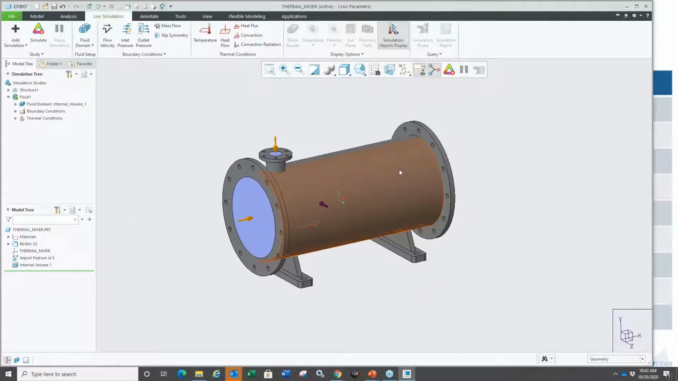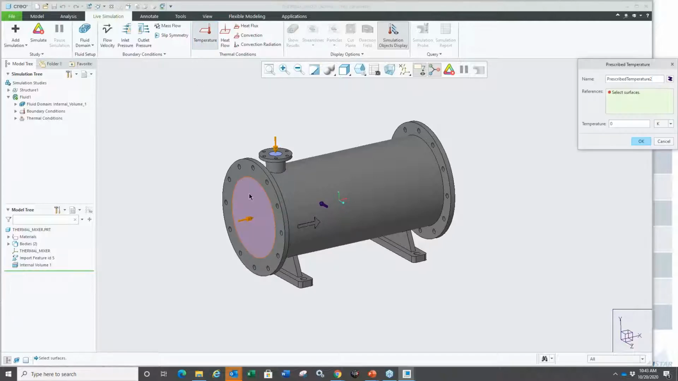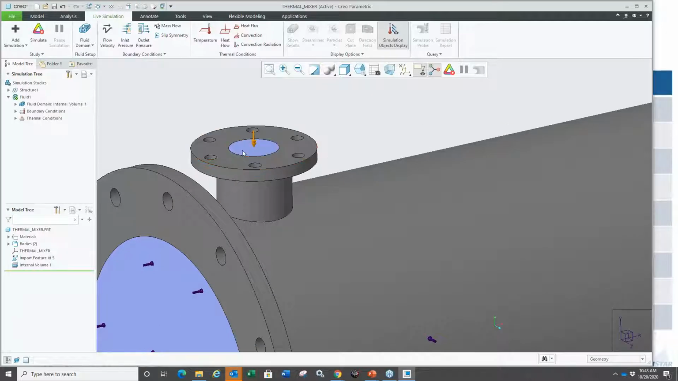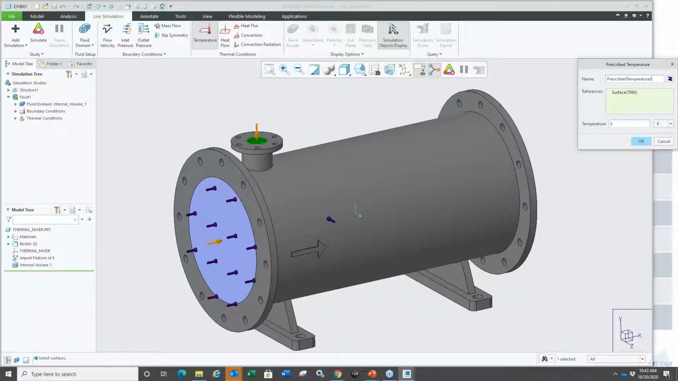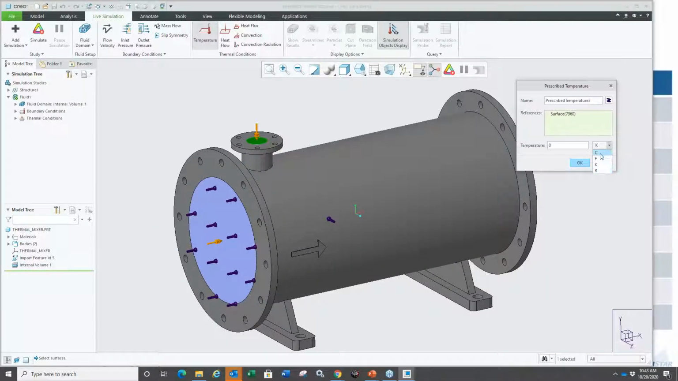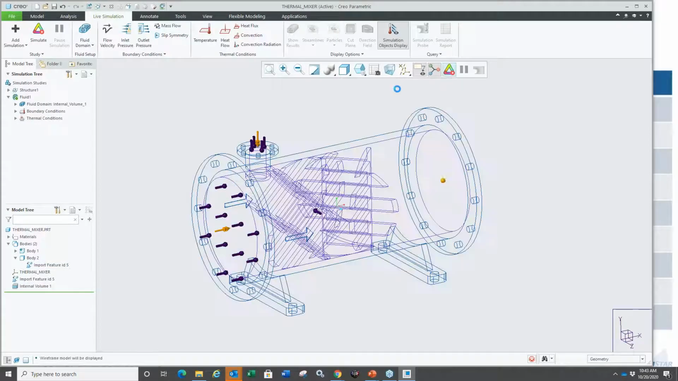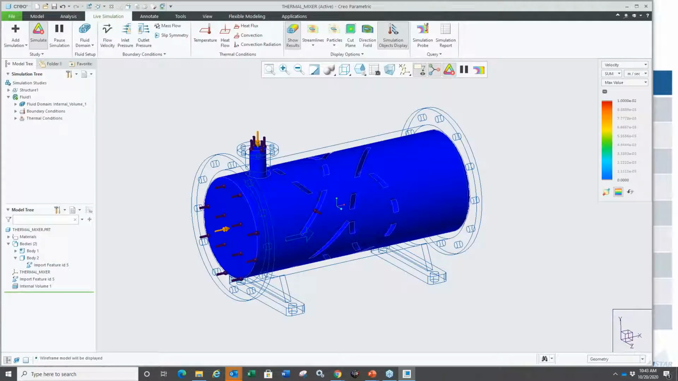So I've assigned the material, I've assigned these boundary conditions, and I can also go ahead and specify some temperature if I want, right? I could just say, okay, so this is supposed to be, let's see here, we'll just go specify about 40 degrees. We'll just say the temperature here is going to be about 120. There it goes. And now I'm just going to hit the live simulation, and you